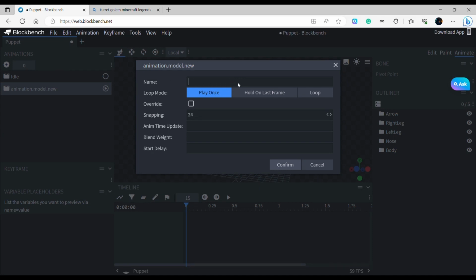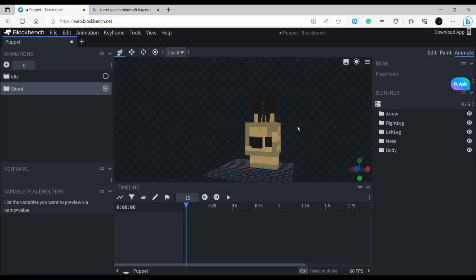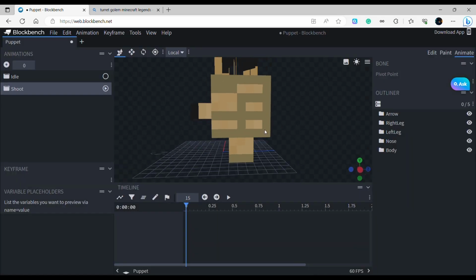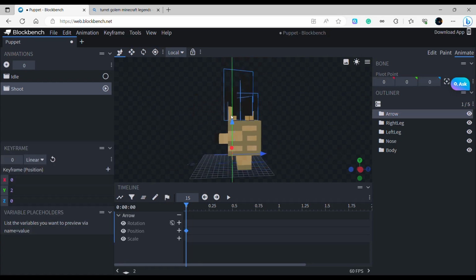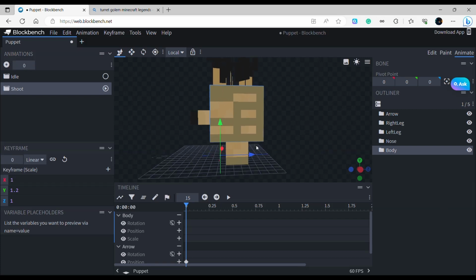Now for shooting. We'll name this one Shoot. Confirm. So for shoot, we're gonna have to make it that his... First of all, let's hope that... nope, arrows won't go down for some reason. Let's see if they can shrink. No. So far, we're gonna make it that his